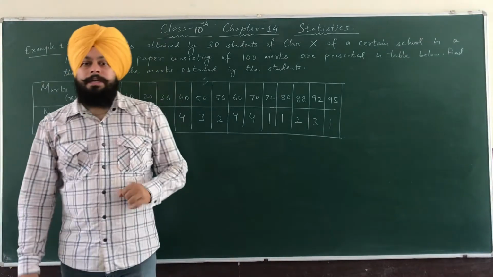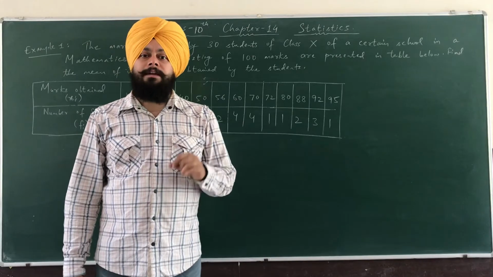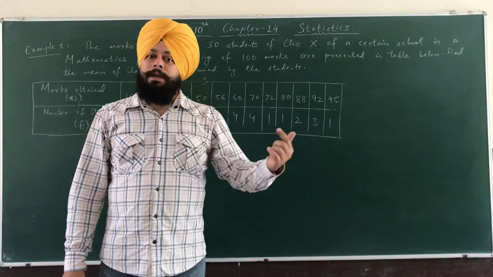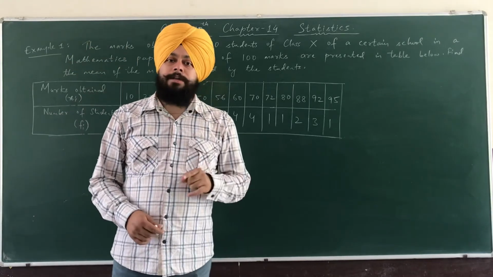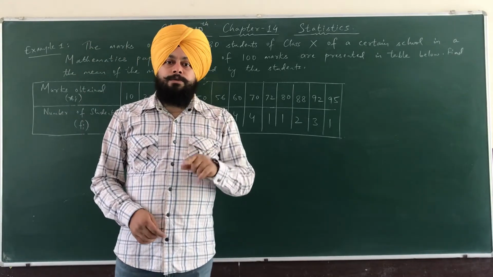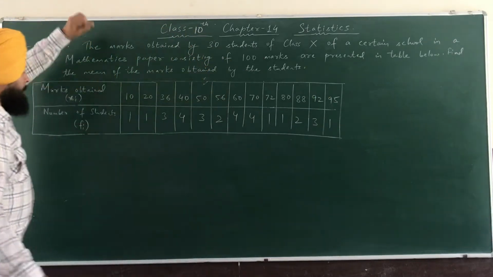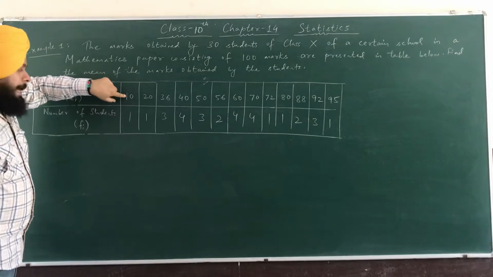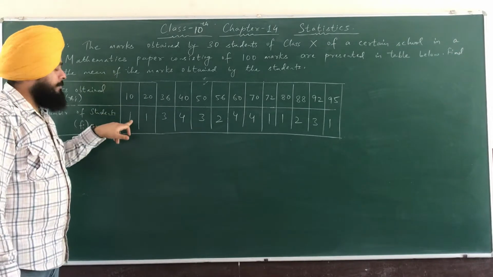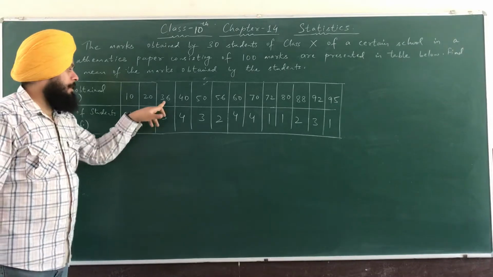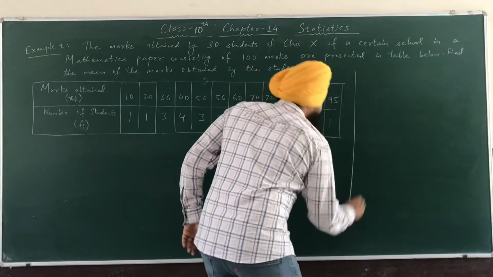Mean marks of these 30 students. So to find the mean, we require the product of xi with the corresponding fi. ठीक है. So mean find करने के लिए हमें सबसे पहले क्या करना पड़ेगा? प्रोडक्ट करेंगे हम किसको? xi को उसके corresponding frequency से. जैसे सपोज करो कि यहाँ पे xi की वैल्यू 10 है and its corresponding frequency is 1. So you should multiply first 10 with 1, then 20 with 1, 36 with 3, 40 with 4 and so on. Clear? So I will make another table